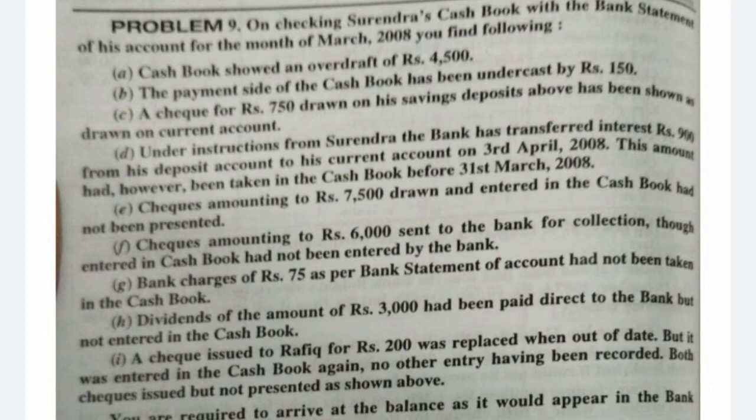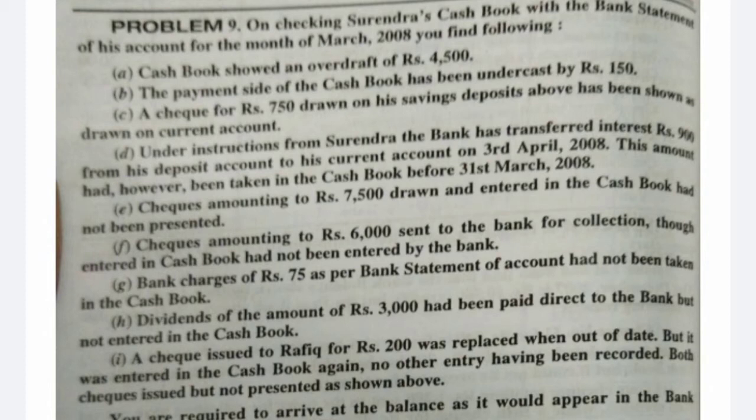So wrongly he is taking it on the payment side. That's why rupees 750 is a wrong expenditure recorded in the current account. That's why the income will get short, no? The income will get short by rupees 750. That's why we are decreasing the amount by 750 in the BRS.